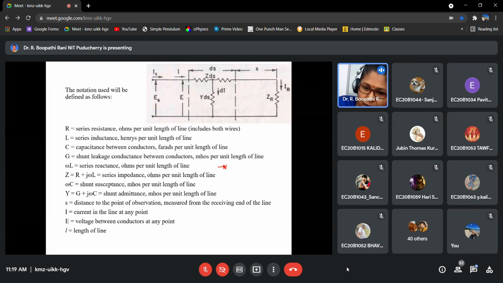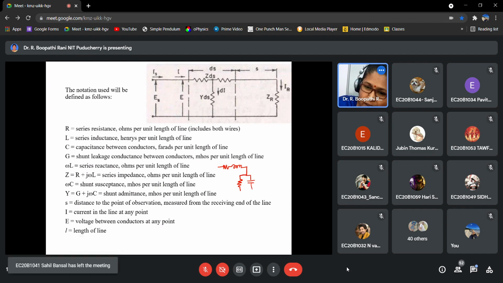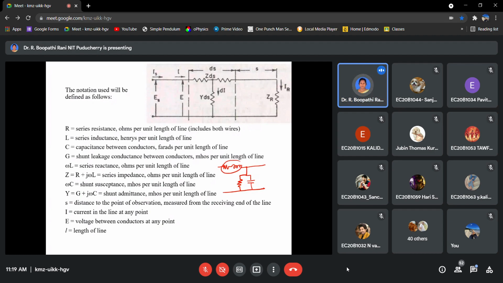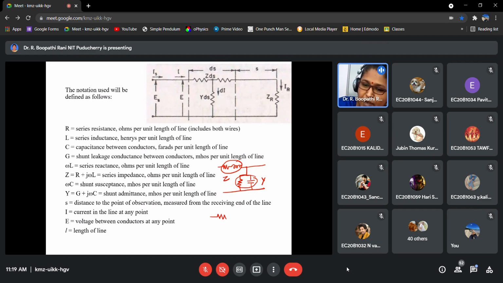See, yesterday we have drawn the equivalent circuit of a transmission line like this, isn't it? Like this we have drawn. So here, combining these two quantities, we are writing it as Z, series impedance, and combining these two effects, we are writing as shunt admittance. So our circuit can be drawn in terms of impedance and admittance like this also. This way also a transmission line's equivalent circuit can be drawn, Z, Y.